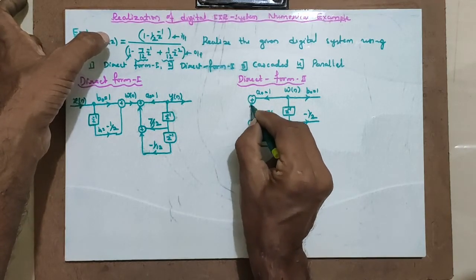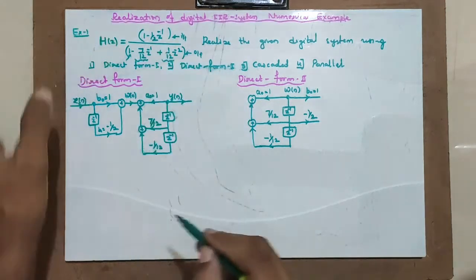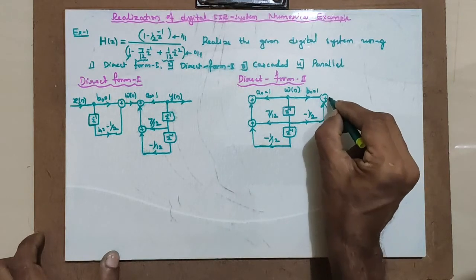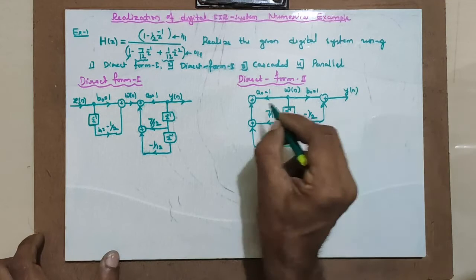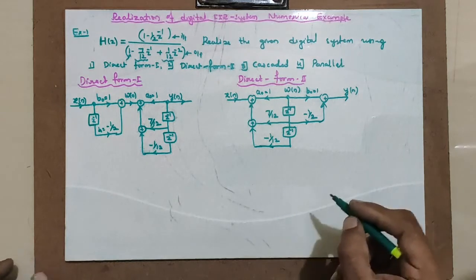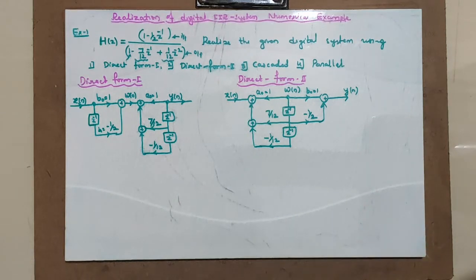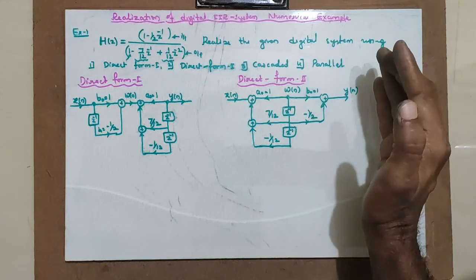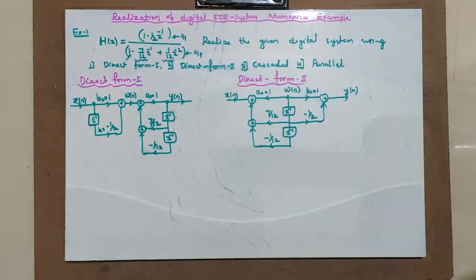Actually these summing points come directly from the equation. There is one summing here, two summing here. This is one summing at the numerator. Then this becomes the output y of n. This becomes the input x of n. I hope this is how you can represent direct form 2 realization. Direct form 2 realization is done with the help of a central delay element, and at the output side I will be implementing the numerator polynomial, and at the input side I will be realizing the denominator polynomial. This is how direct form 2 is realized.